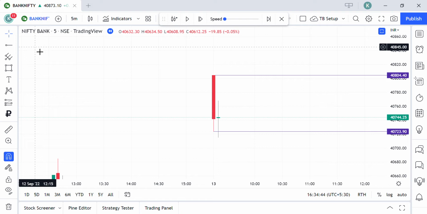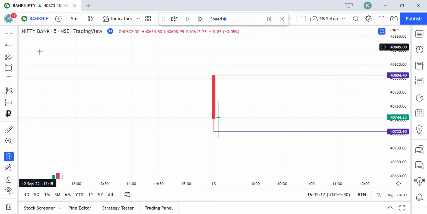To analyze price, we do not shift between any time frames. We do not shift between so much backdated data and the current data. All we care about is the latest candles happening, or if you're further keen to analyze price, the last 100 to 150 candles are more than enough for you to analyze price and take positions. This is because we believe that whatever we require to analyze in the market is available in the same time frame without the shift of much information.